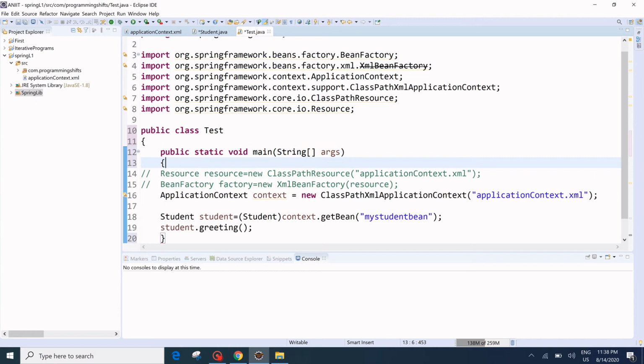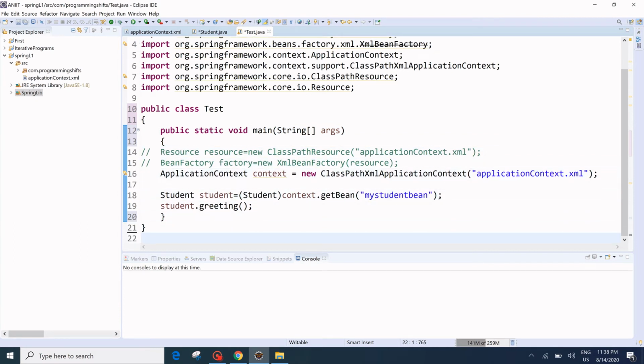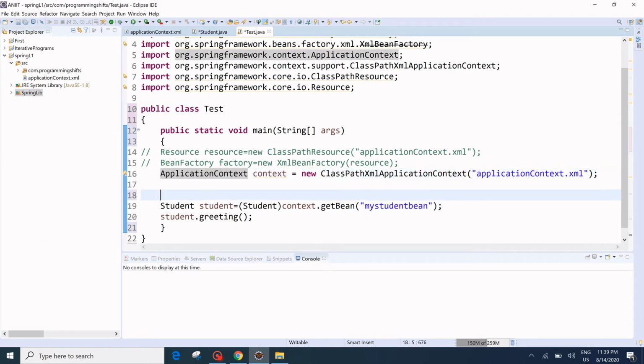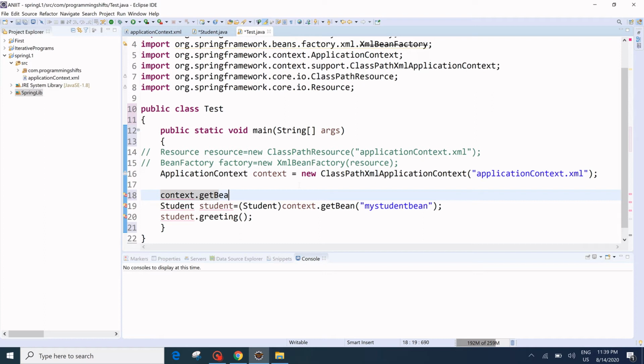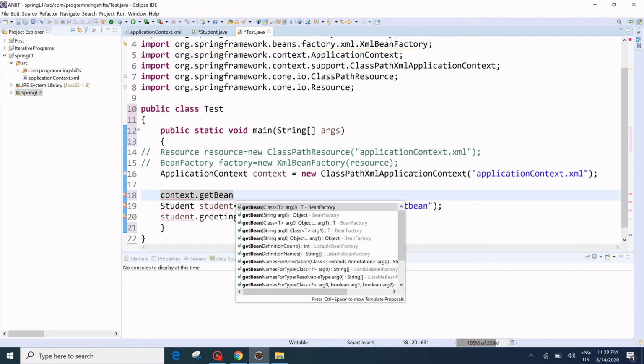In the application we have the student class and we have to initialize the student. If we have the context, then from the context we have to write the context dot get method. In the application context we have some methods. If you write context and give the name like this, you have many methods inside the bean. The getBean we will use to get the information, and by default it gives a bean factory.